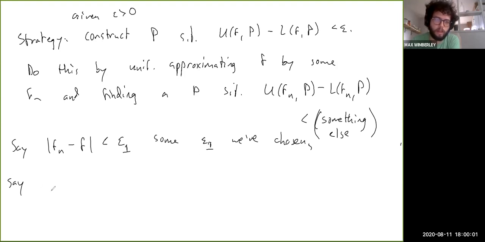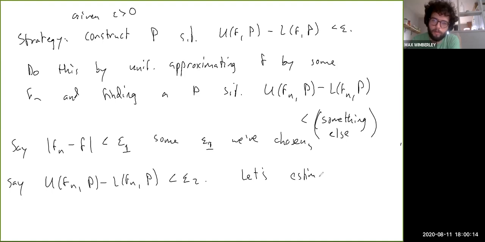And then let's say that U of Fn P minus L of Fn P is less than epsilon 2, right? Let's estimate U of F P minus L of F P in terms of these things. So what we'll have is,